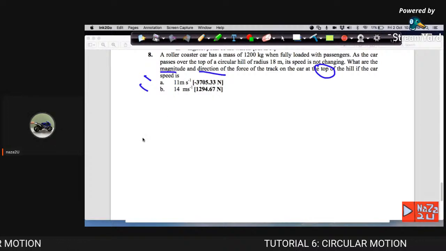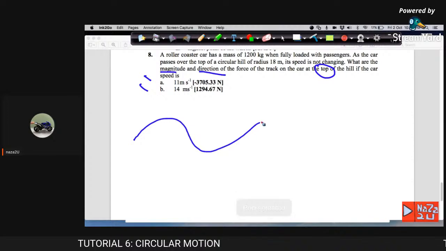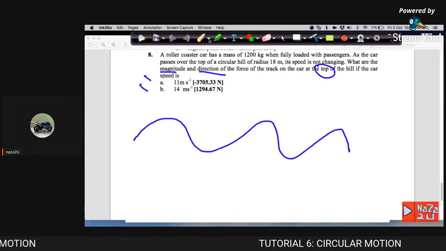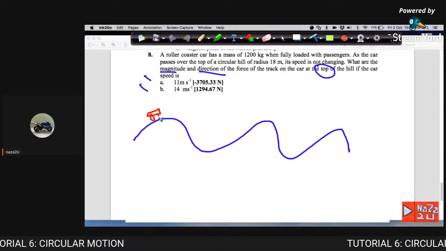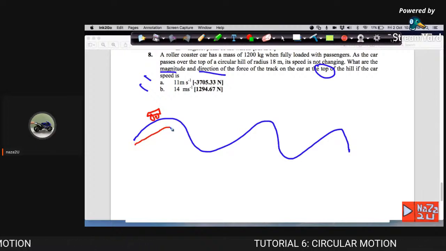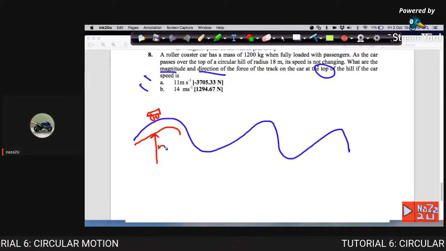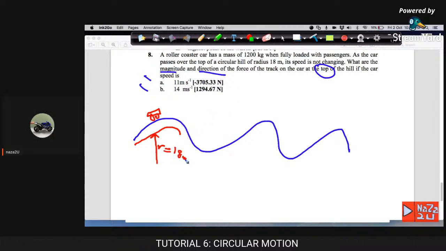First itu roller coaster. Okay, setelah roller coaster tu kan, dasar katalah ni bergerak kan. Sama juga kat sini kan. Roller coaster contohnya kan, sini saya bagi. So pergerakan ini katalah dia sedang bergerak ke sini, roller coaster tu, ni tayar dia. So, sama juga dia macam curve surface ini. So sama juga dia akan ada radius contohnya. Okay. Radius of the hill tu katalah this is 18 meter. Right. So now